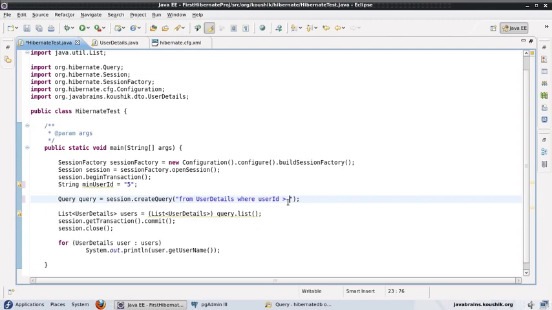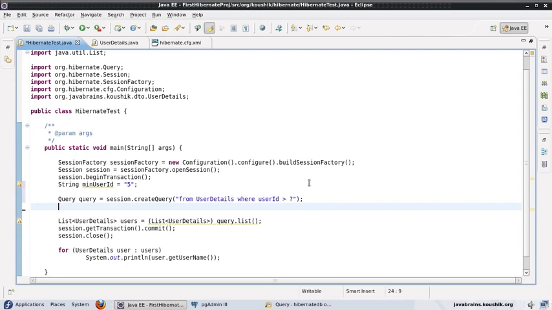Now let me just write this here so that it becomes clear. Now what I'll do here is I will have a parameter in this query. Say something like this. Now this question mark is a placeholder for where the parameter needs to go. So I'm telling Hibernate that I have one parameter here and this parameter needs to be substituted with the value that I'm going to supply now. So now that I have put a placeholder there, I need to supply this value to Hibernate. The way I'm going to supply the value is by using